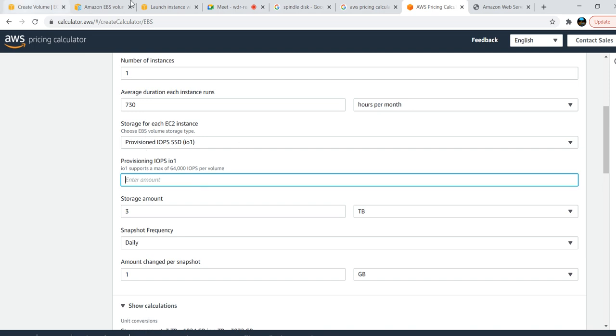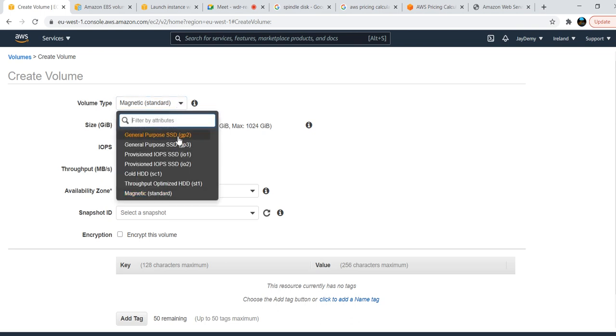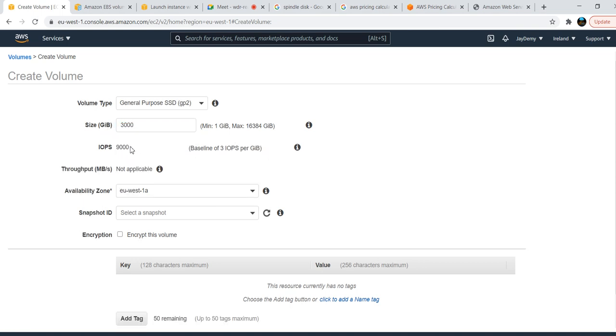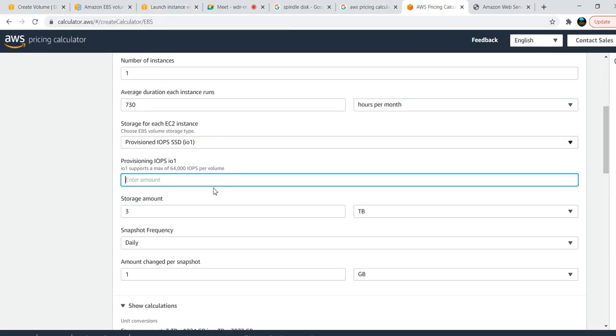We used 3 terabytes there, so what IOPS are we getting? We will verify in the general purpose. 3 terabytes means 9000 IOPS we are getting. So we will use the same 9000 IOPS in provisioned IOPS and verify what cost we are getting. Storage amount, 3 terabytes only. Daily snapshot amount is the same.